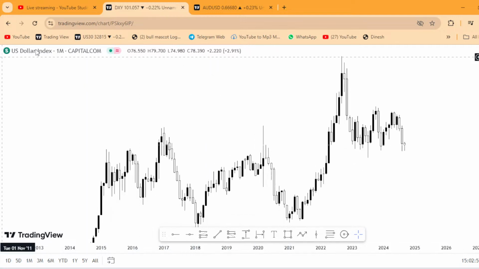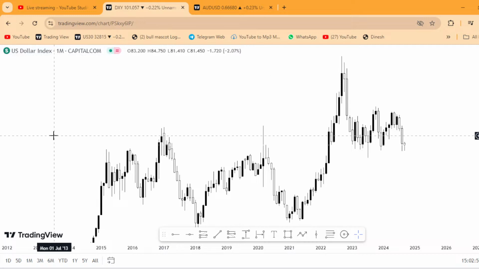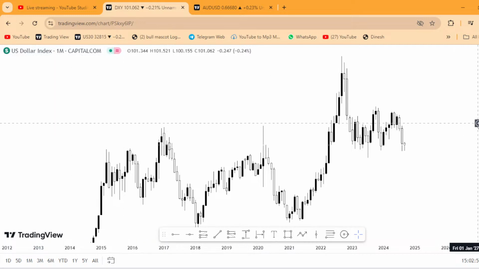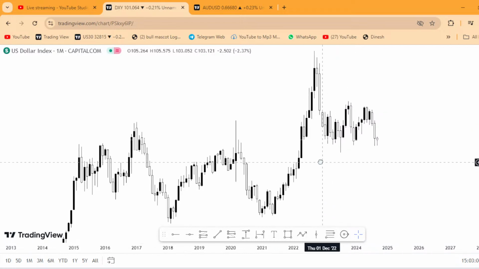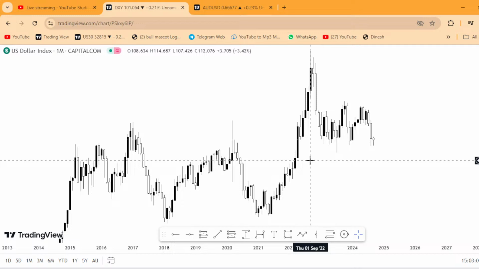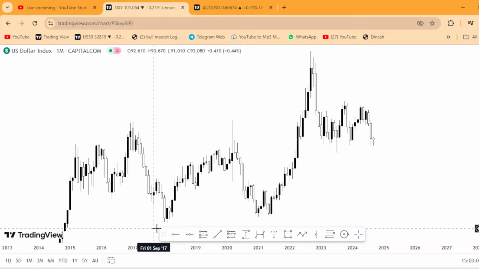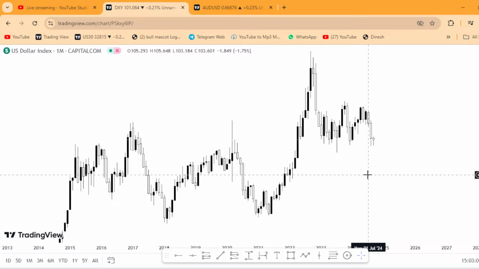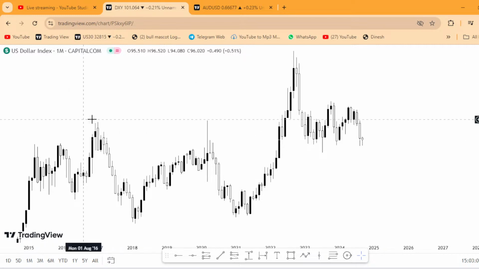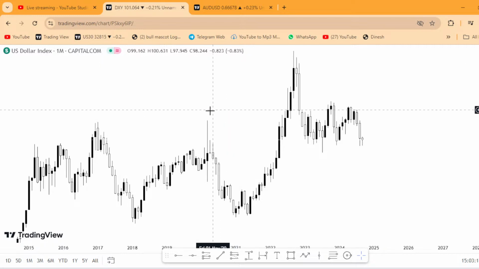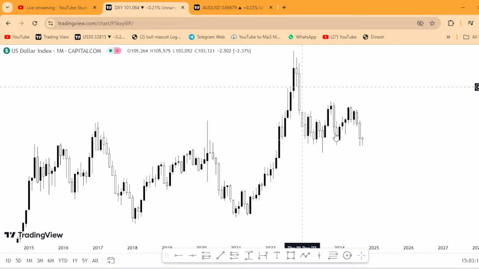So, what makes us come on the monthly time frame is not that you're going to take a trade based on the monthly time frame, but it simply shows that we want to understand the market movement, right? So when you see the clear movement from the previous chart, you realize that we broke this high, and